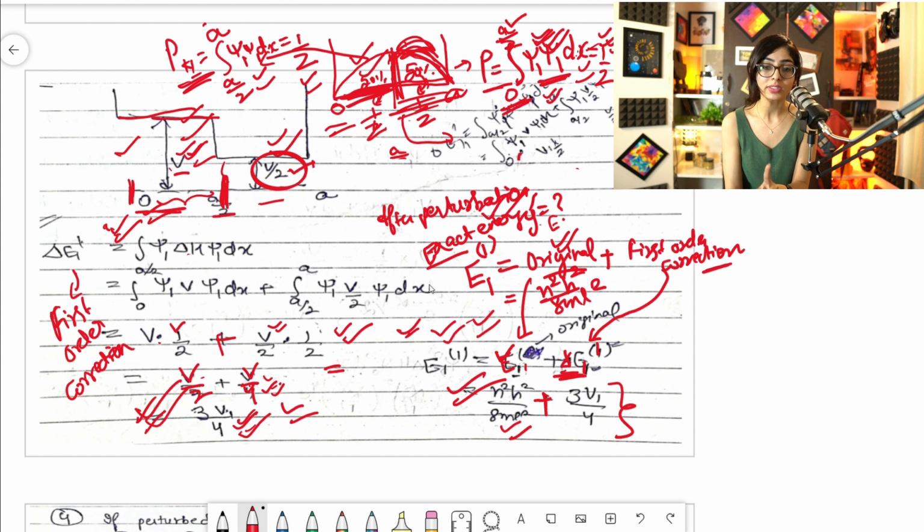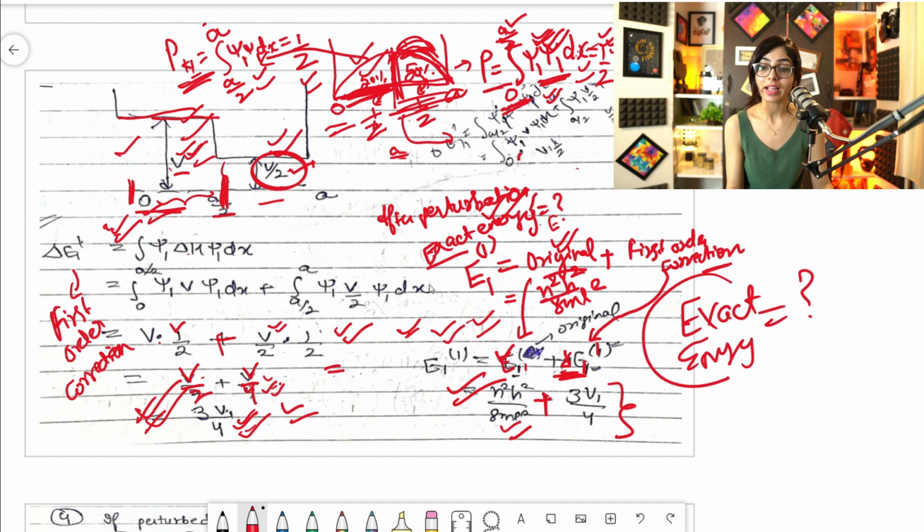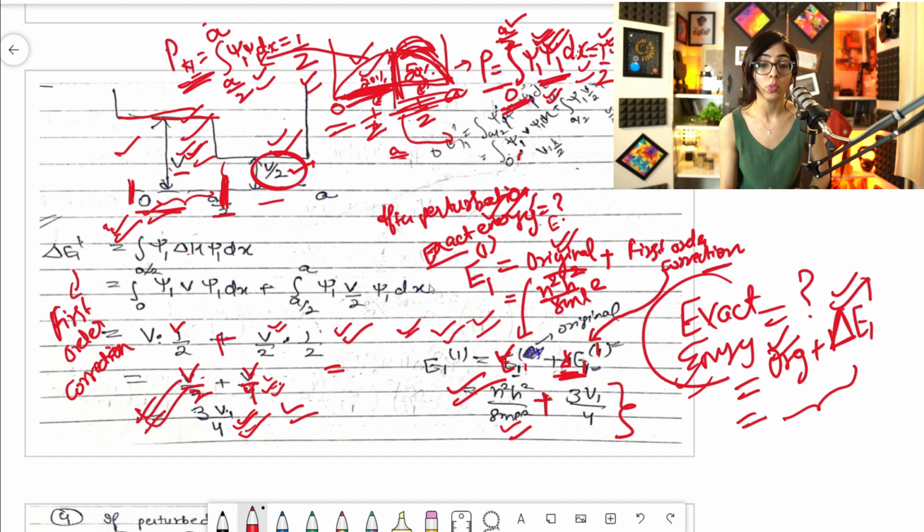No, you are going wrong there. Just put down whatever is asked, just write in big that you want exact energy. Put it that big in the exam, circle it, and then write original plus first order energy correction, that is del E11. Clear? Then find the original, which you know is the basic formula, then find this energy correction, and add them. That's how you go with questions like that. Clear?